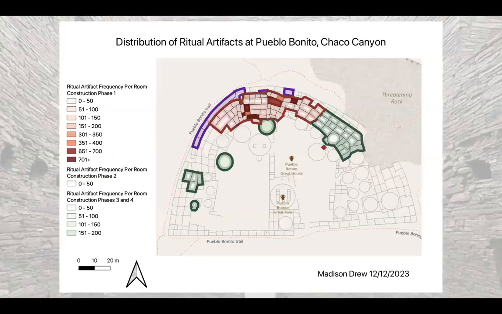Overall, the largest trend within this data seems to be the concentration of ritual objects in the oldest part of the site, which is going to be that first phase of construction in red right here. This could really suggest the possibility of a social or ideological importance of the site's history or past lineages, as seen by this high concentration of items within the elite burial crypt, as well as the concentration of items back here. When you look at it compared to the other portions of the site that I included in this project,